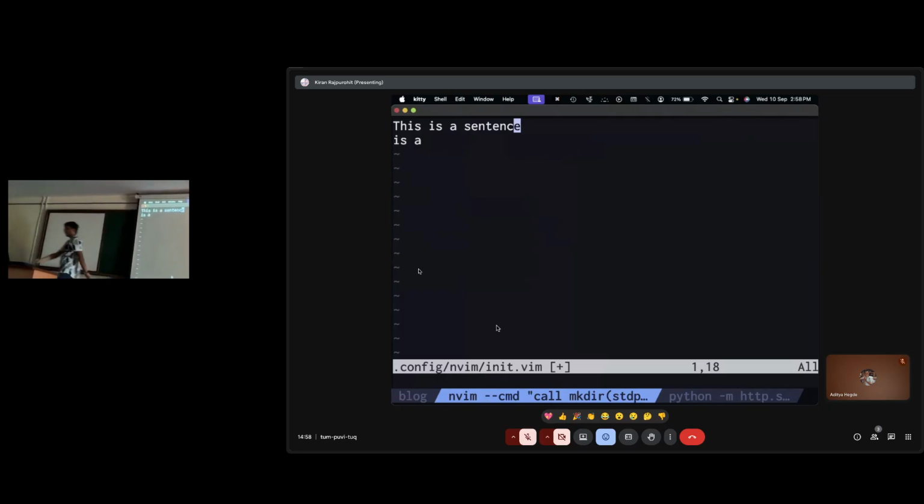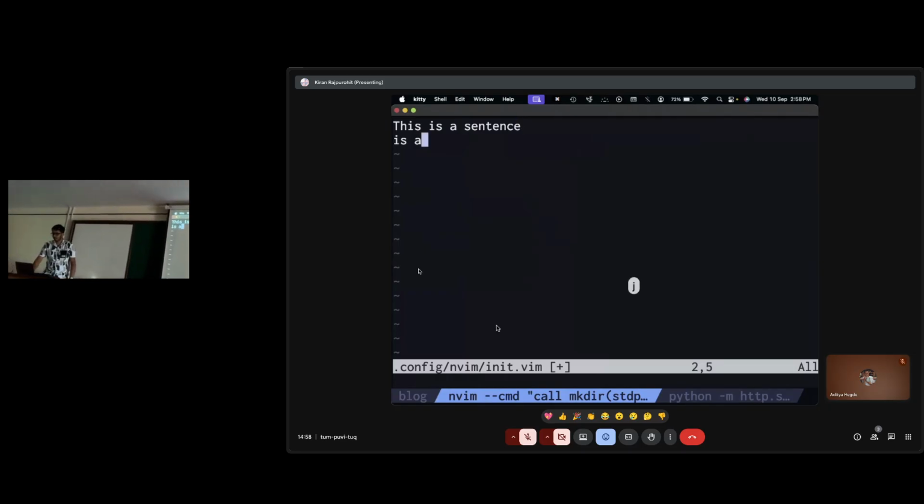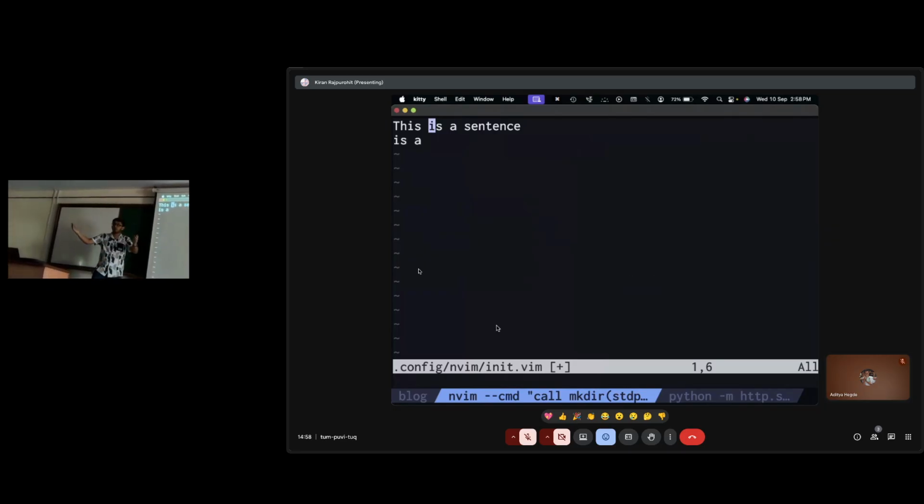Actually, what did I just do here? I was here, right? I pressed K to go up 1 line. I pressed dollar to go to the end of the line, and then I use the motion B. So I do B, so that I'm at the start of "is a". Is everybody following?